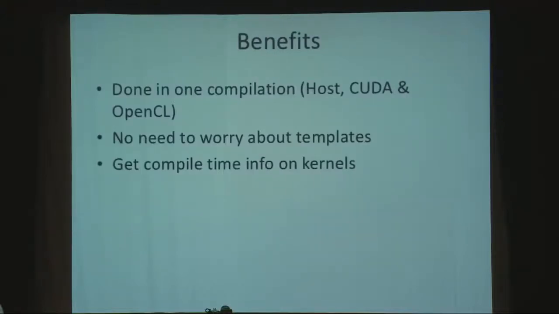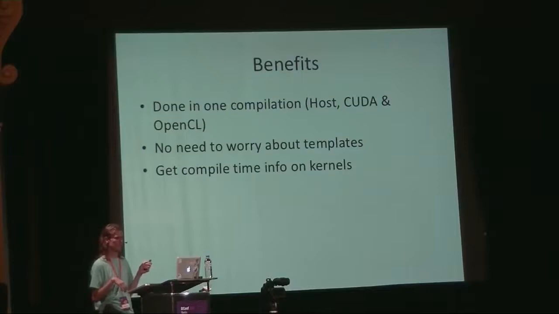So doing the compilation in this manner has a number of advantages. It's done in one compilation. There's no need to worry about multiple invocations of the compiler. Secondly, templates. I don't really have a working understanding of the D symbol table, but from what I understand, templates behave weirdly because they end up where you instantiate them, not where they're defined. And so to get around that, I force effectively what's under LDC's single object switch, which is just put them all in one. So effectively you do the same as emitting one object file.